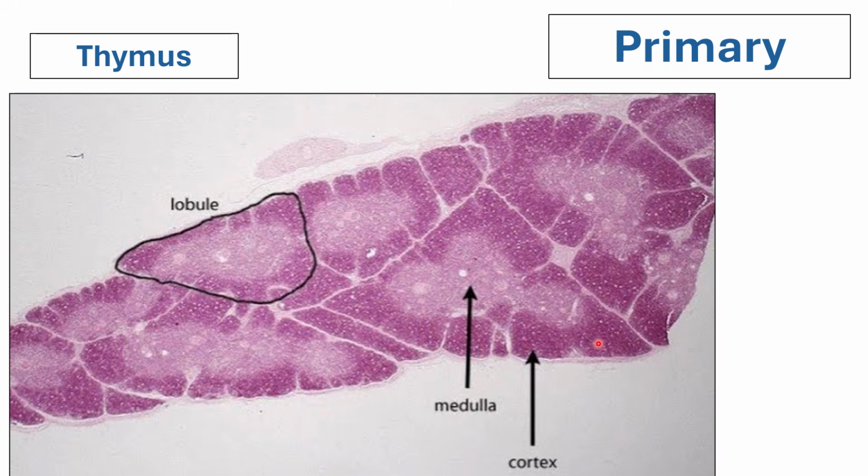So again, you will have an idea: if I see this under the microscope and the cortical area is thicker or the medullary area is thinner, does that mean that there is a lower rate of maturing of our T cells? So you can infer that, okay?